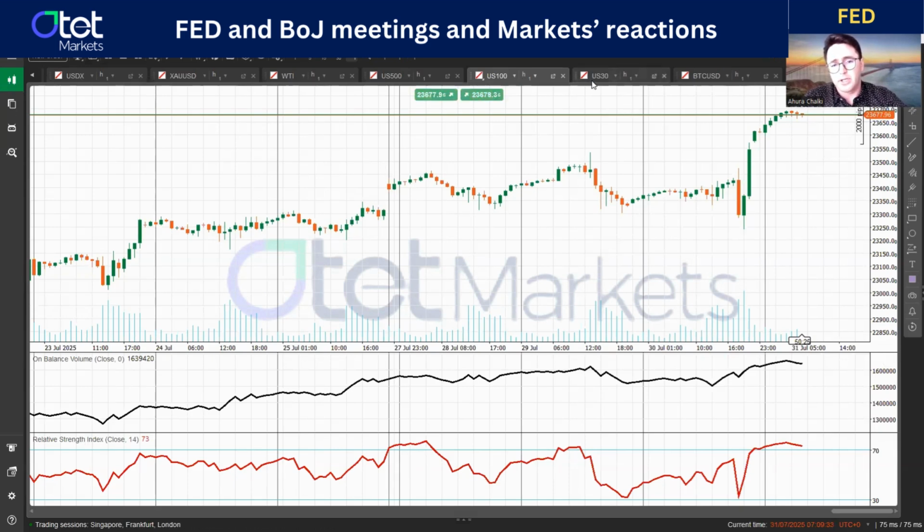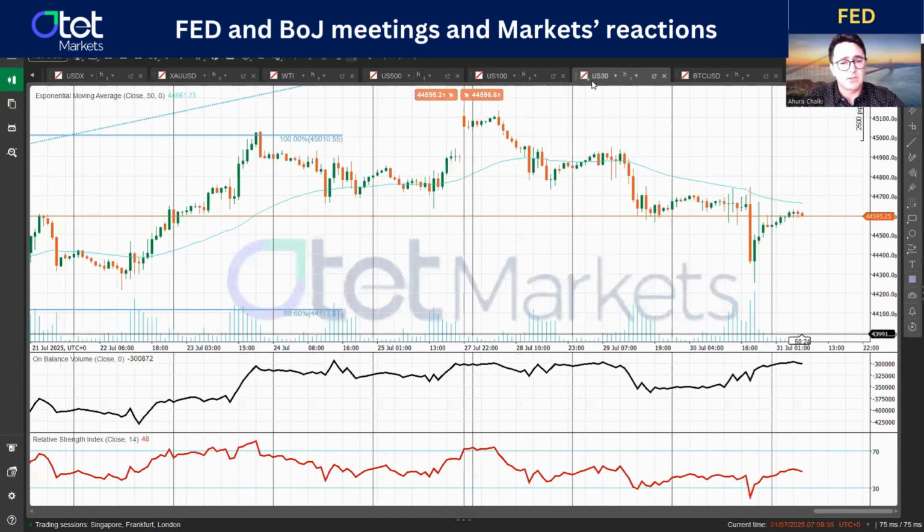But on the other hand, if we look at the Dow Jones, we can see this divergence, with the Dow Jones falling while the Nasdaq and the S&P 500 are increasing. This divergence could be one of the underlying risks in the market, and we should be a little bit more careful. While this positive attitude supported the stock market generally, economic data and the Fed policies can limit these gains.